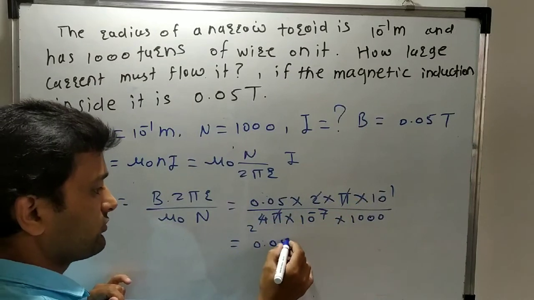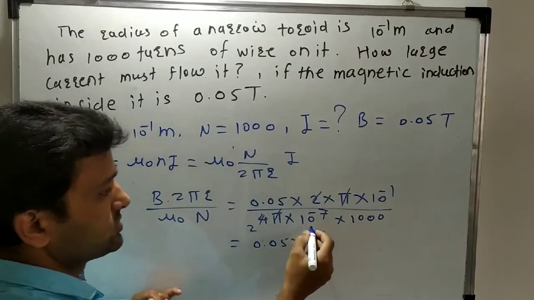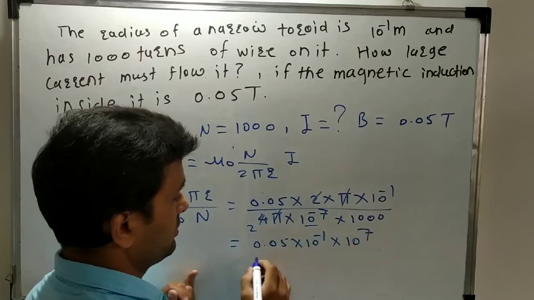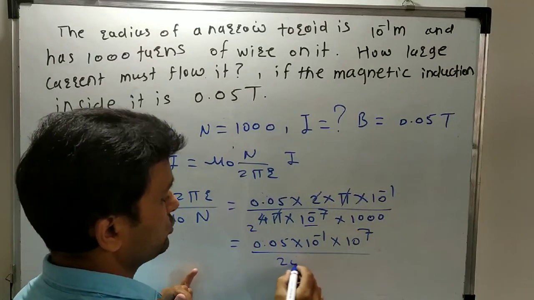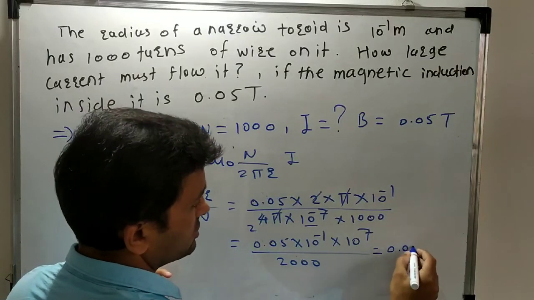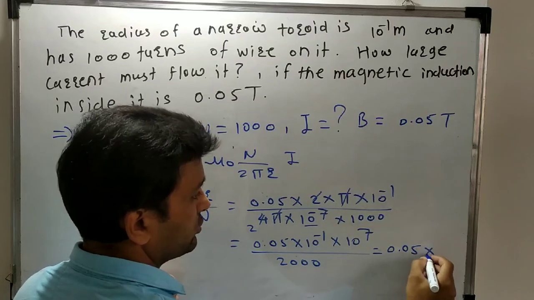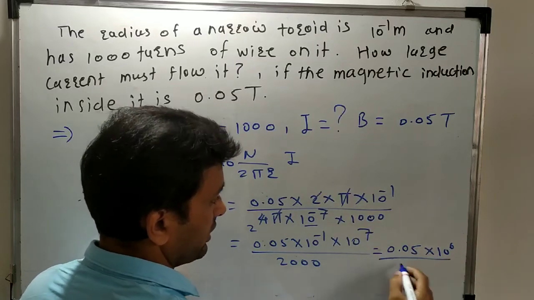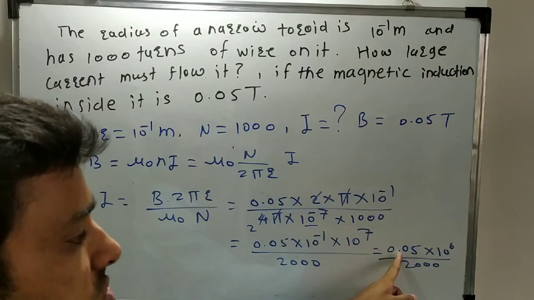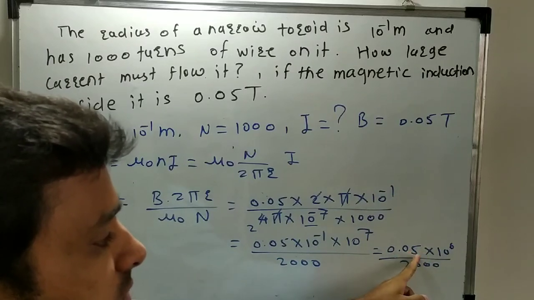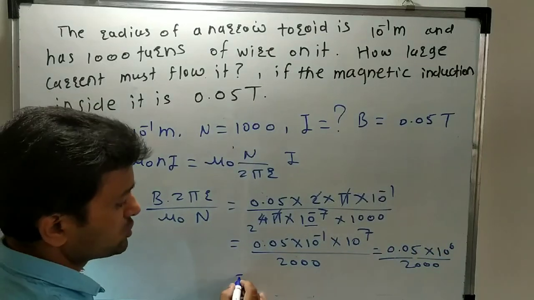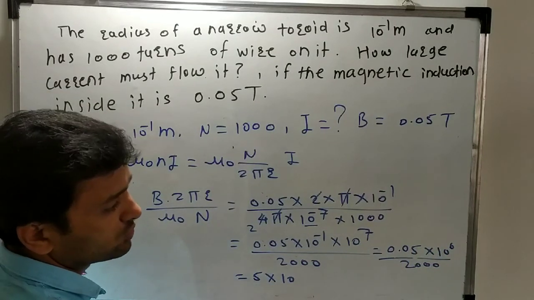So 0.05 into 10 raised to minus 1. Send the 10 raised to minus 7 to the numerator, so it becomes 10 raised to plus 7. In the denominator, 1000 multiplied by 2 becomes 2000. So it is 0.05 into 10 raised to 6 divided by 2000. So we remove this point, shift the point to the right side. If you are shifting this point to the right side by 2 places, then your power is reduced by 2. So it becomes 5 into 10 raised to